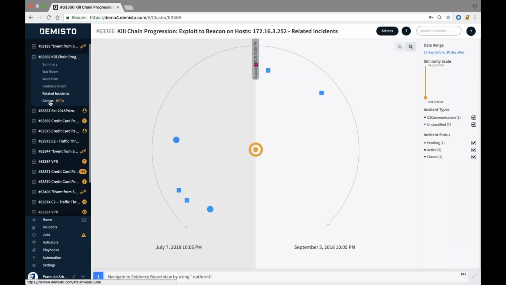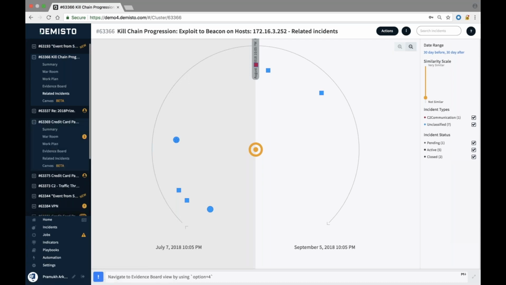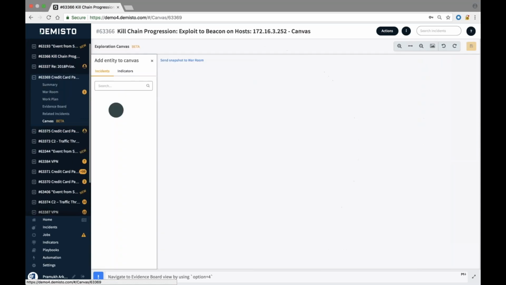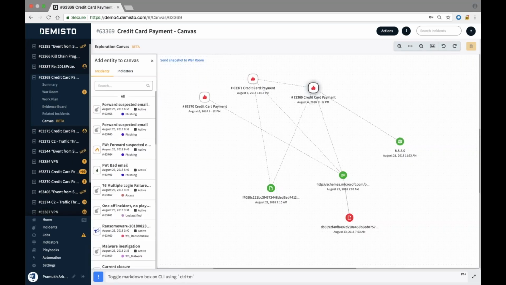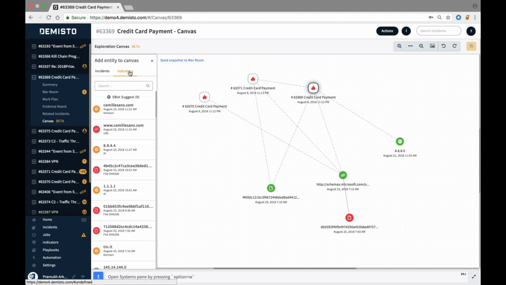And last but not the least, we have this canvas. So let me pull up a good canvas so that I can see. So Canvas is something we just launched in our 4.0, which is in beta at this point. So Canvas is a quick visualization of an attack in progression. So clicking on Canvas for a particular incident brings me to this page which shows incidents and indicators, and DBOT